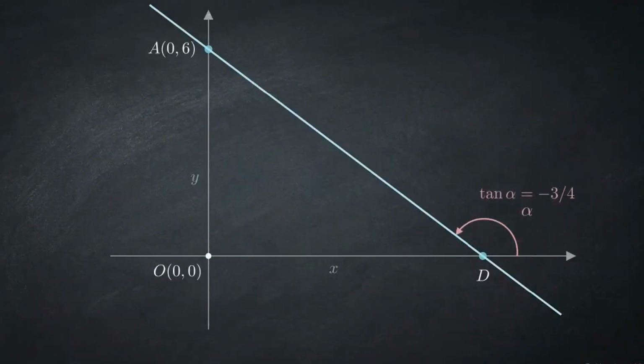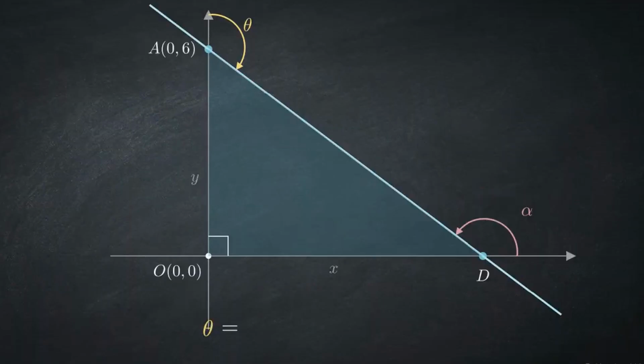While we have alpha, target angle theta is measured against the y-axis. The axes and tangent form a right-angled triangle. By the exterior angle theorem, theta equals the sum of the opposite interior angles, the 90-degree origin, and angle D,